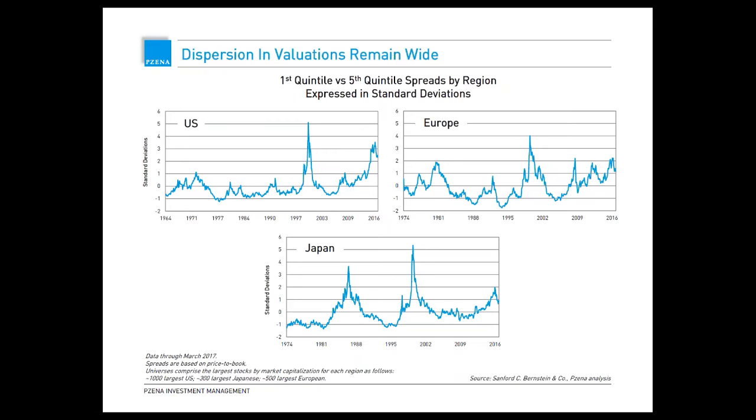And so you see the big spike in 1999, that's the internet bubble. You can see the financial crisis in kind of 2008 where spreads got wider, but because valuations across the board were quite low, they didn't get as blown out. And you can see since then, spreads just have been marching wider, wider, and wider, really peaking at over 3 standard deviations last February. And so that pullback you see down to about 2 standard deviations was a driver of the outperformance in the market last year. But we still think this has a long way to go, and that we're still at an extreme from a